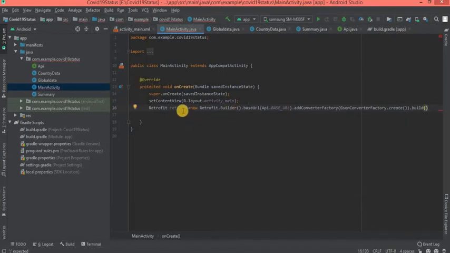Okay, we are going to build a Retrofit object using Retrofit.Builder. For that we are passing a base URL inside the API dot base URL, and to convert the response values into JSON format we are going to use this function addConverterFactory. Finally we are using the build function to build the Retrofit, and this is common for all web service applications. Only this base URL is going to change.